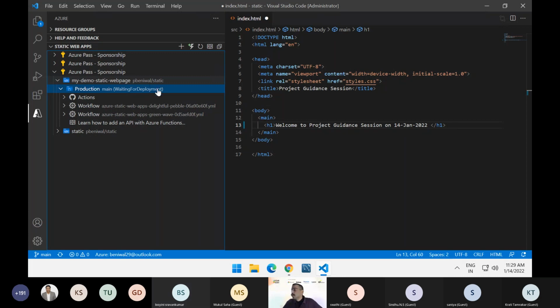So again, let's see. The Utkarsh says yes, website is visible. So let me show you guys how easy it is to even change it as an example. Technically you can say, let's say I want to put the time, on 14th January at 4:30 p.m. IST. Right now, all I need to do is I need to save this file as an example, and I will go to